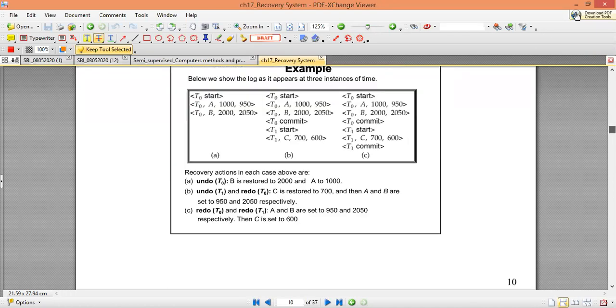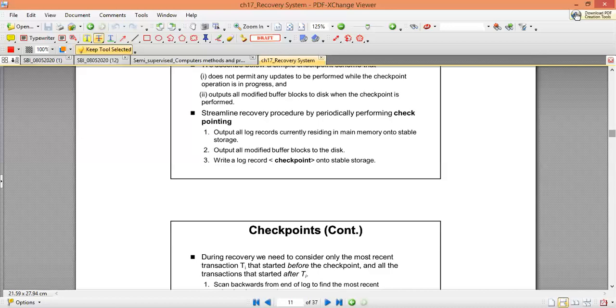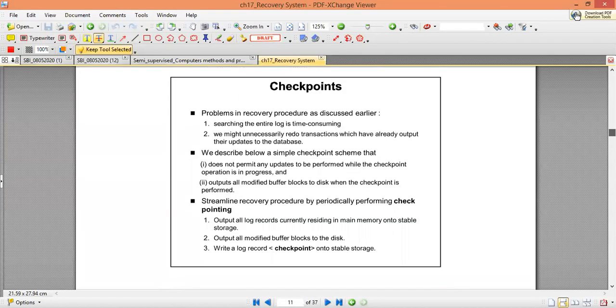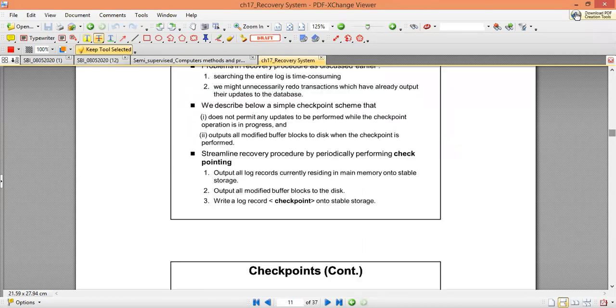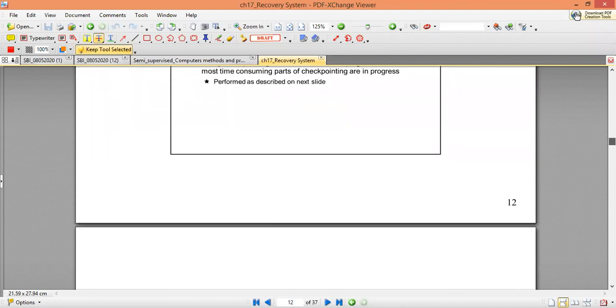Then we talked about checkpoint operations. Checkpoint operations are required to limit the searching of log records in case of failure, and also to limit the log records to a manageable size. We discussed different checkpoint operations with examples.